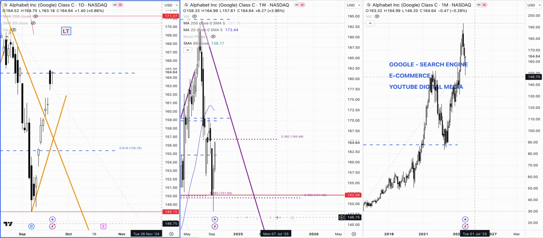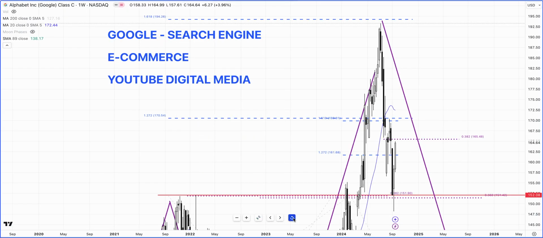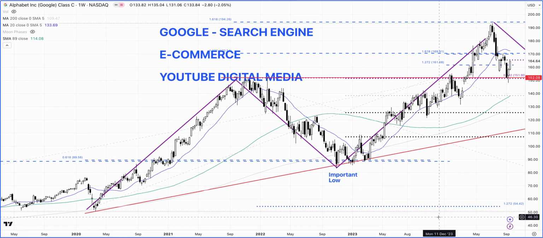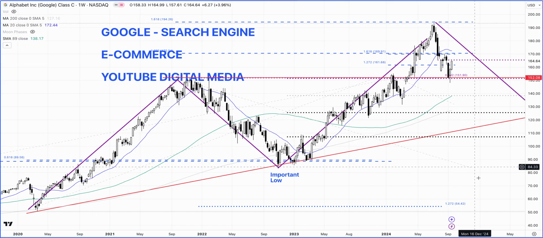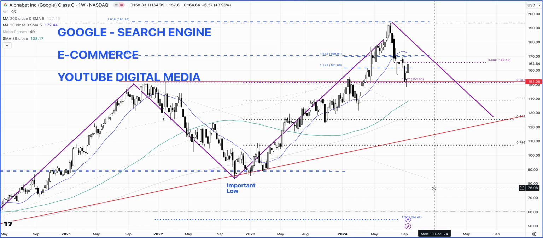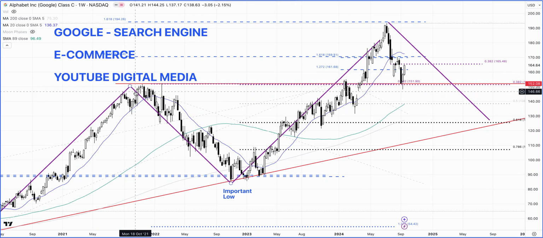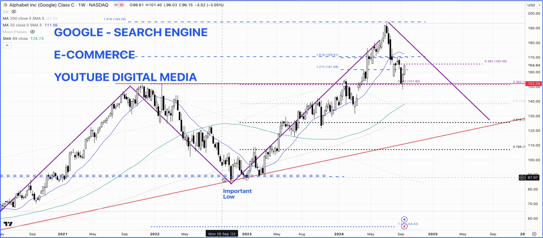So let's move to the weekly chart for Google. Google has completed a pattern very similar to the pattern we have seen in the Nasdaq 100. It completed this big ABCD. It was short of that by close to about 10 points, where it completed this 1.6 expansion, and we have just seen this stock pull back, just like what we were looking at in Microsoft. There is a possibility it could pull back about the same amount as we saw back in 2022,